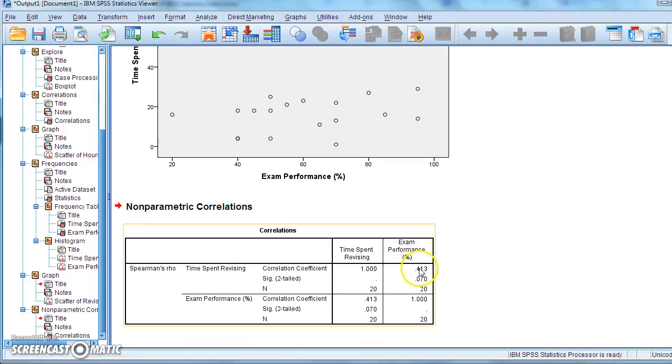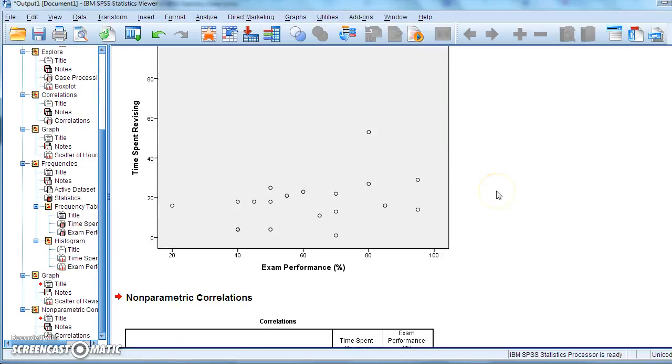If we were, however, to get more people to do this, given this effect size, and if the people who did this study generally scored in the same way that these guys did, if we had more than 20 people, if we doubled it to 40, we might start getting a significant effect, because obviously the more participants you get, the more sure you can be that an effect is a reliable one. So that's a possibility. But what we'd report here is that there is no significant difference between the two variables. There is no relationship between exam performance and time spent revising.